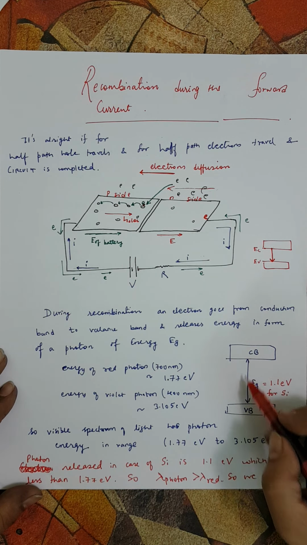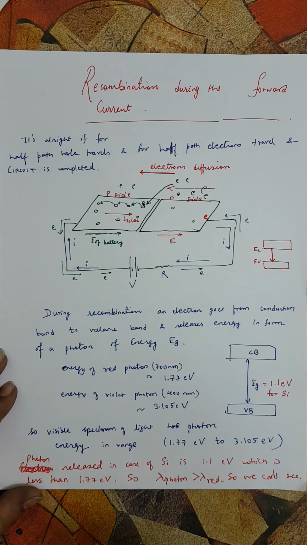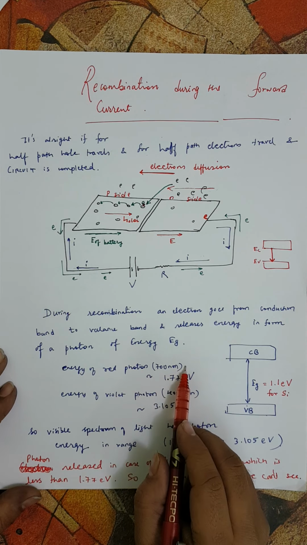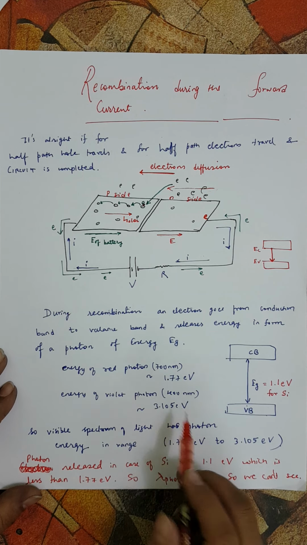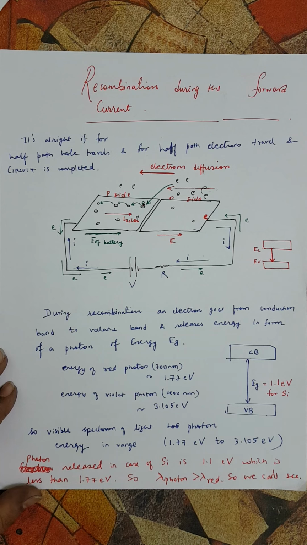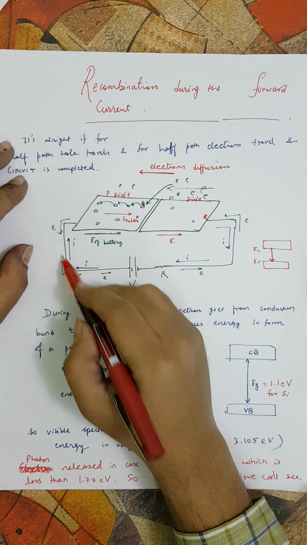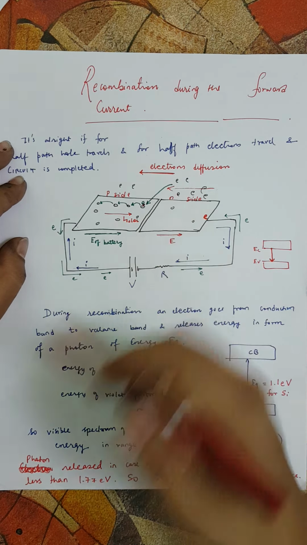So whenever the electron comes back to the valence band during this recombination, it will emit a photon, but we can't see that because we can see only from red to violet. Red, which has a wavelength of 700 nanometers, has approximately 1.77 electron volt of energy, whereas violet has 3.105. So we can actually generate light, because when we flow current through the PN junction, lots of recombination will